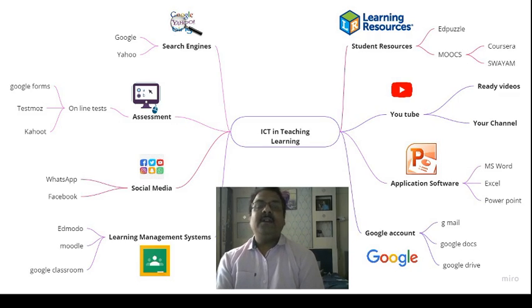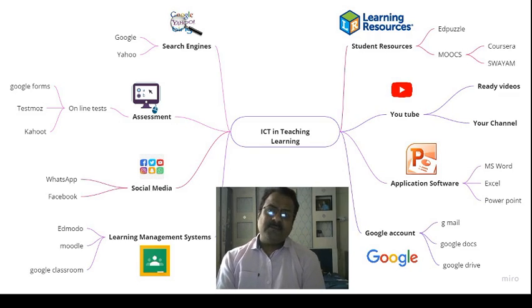These are all different learning resources which are present online. So ICT is giving tremendous opportunities to all the learners to learn what they want, where they want, and at their own pace. Thank you.